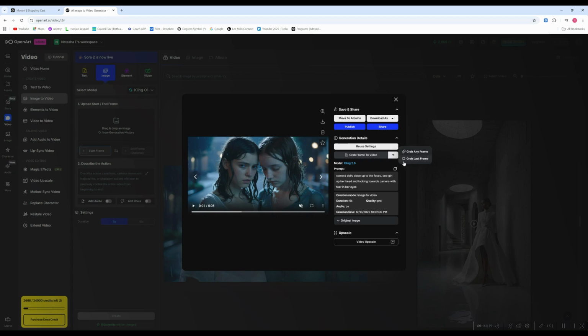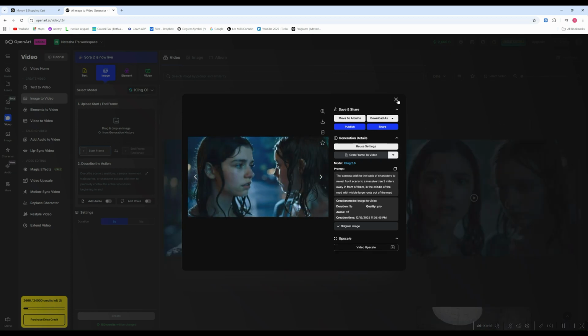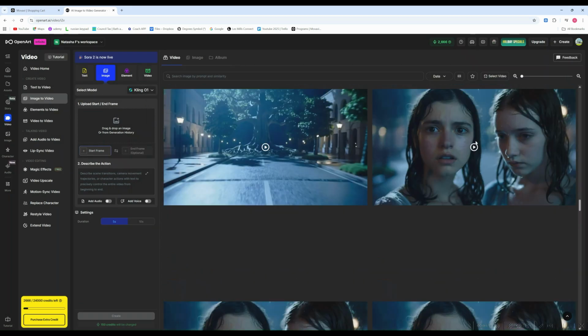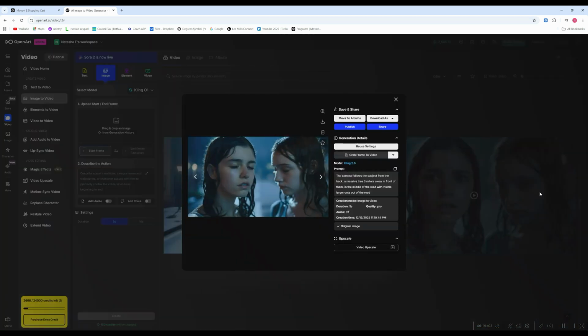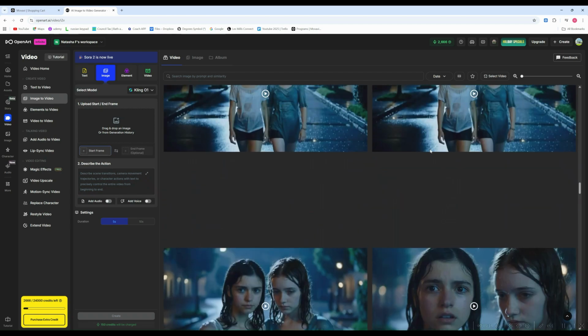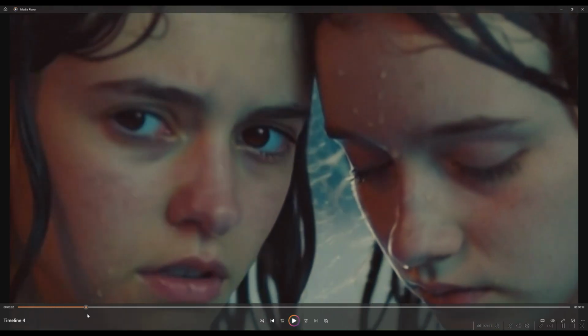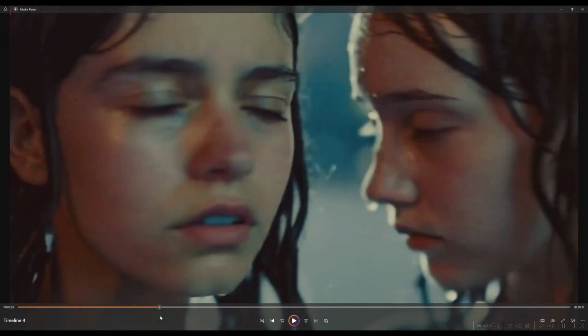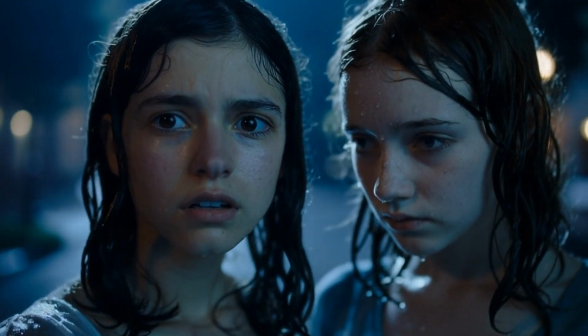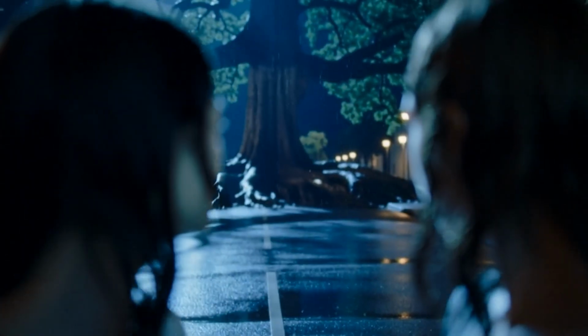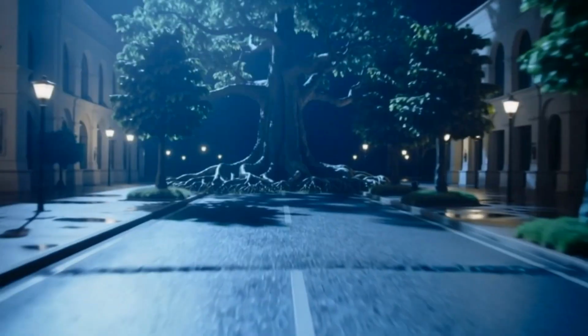After that, I kept using Kling, grabbing the last frame from each video and applying new movement prompts on top of it. Sometimes it worked, sometimes it didn't. But that's part of the journey. If everything was easy, it wouldn't be fun. Using this last frame technique, I created a few different scenes, then moved everything into DaVinci Resolve and combined it